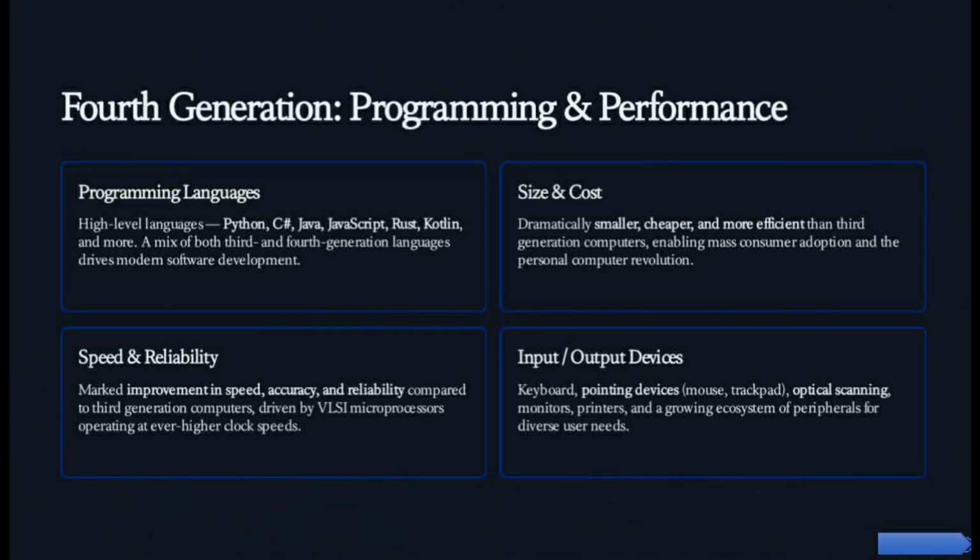For example, if the guest reservation appears on the monitor, that is output. And if the hotel prints a receipt or invoice, that is also output. So para dali ra nato ma-remember, input means information going into the computer, while output means information coming out of the computer. So, to summarize my discussion, the fourth generation of computers brought major improvements in programming, size, cost,